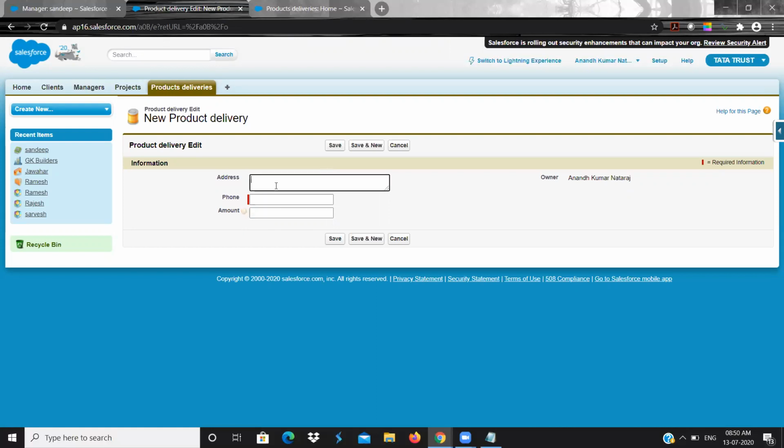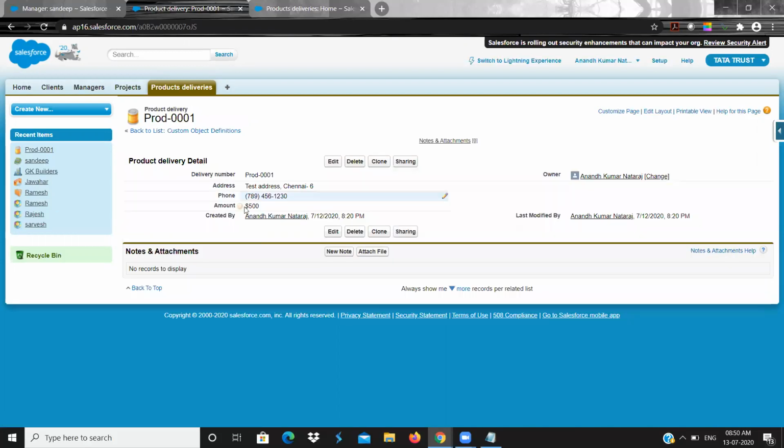So address is test address, some address I am giving, Chennai 6. Okay, so phone number, some number I'm giving, and amount, let us have 500. Okay, I'm saving a record.